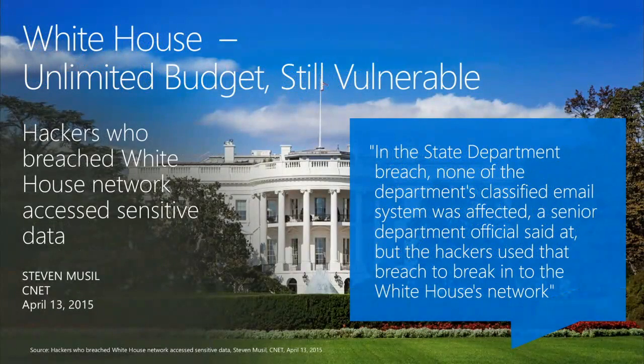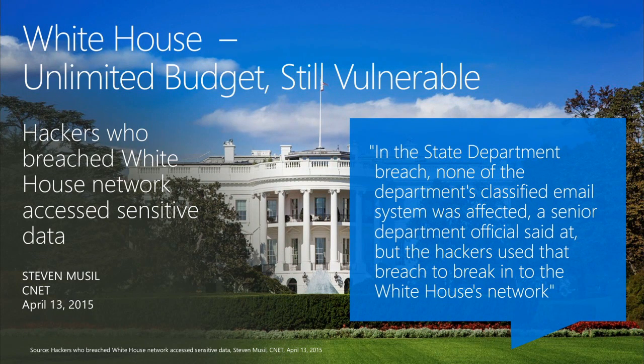Now, if we look at a different type of scenario, we look at the White House. White House is a very different thing, right? You have an organization that has an unlimited budget to protect itself, right? In theory, and it can still get breached. And what's interesting about this attack is it actually started in the State Department. So it starts in the State Department, manages to find its way into the White House. So the ability to move laterally across these networks